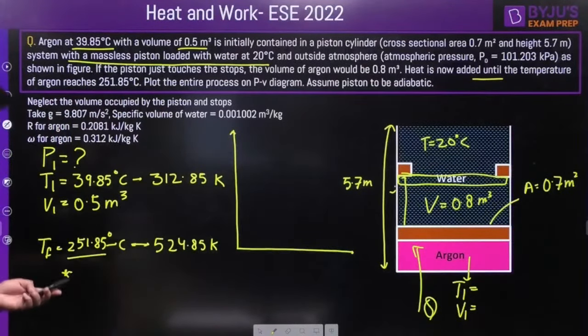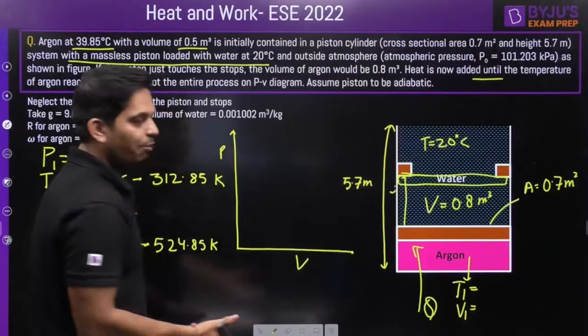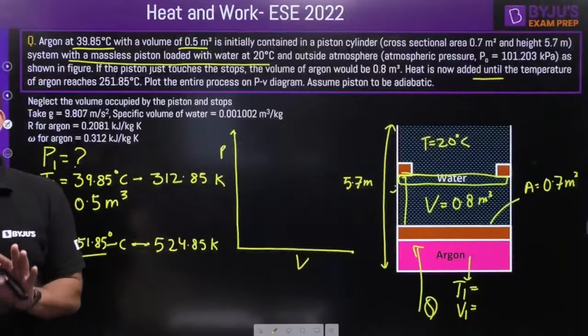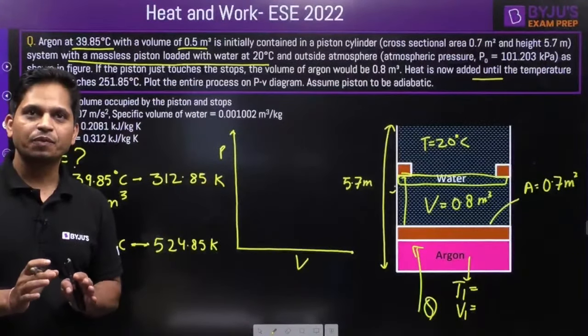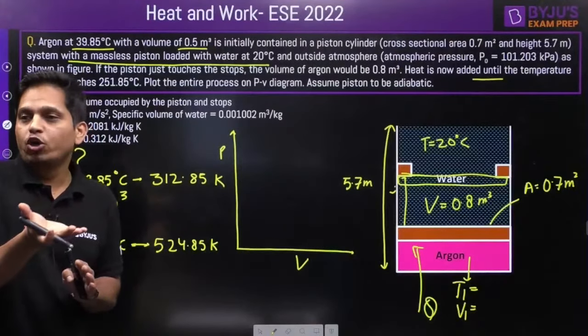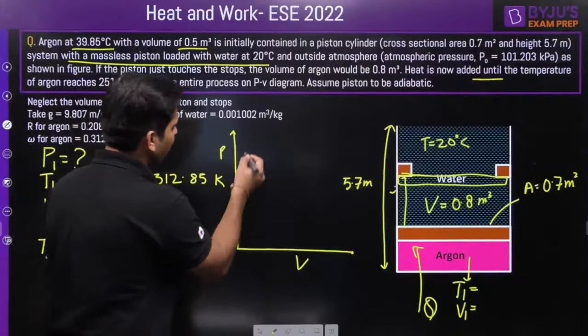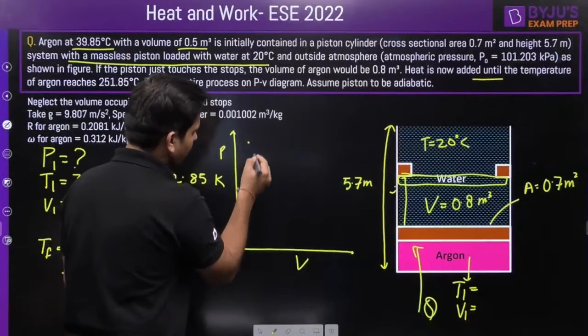PV diagram I have to draw. So when the piston goes up, I am sure of one thing. What is that thing? That piston is going up means volume is increasing and pressure is decreasing. Okay, so what is happening? I am here